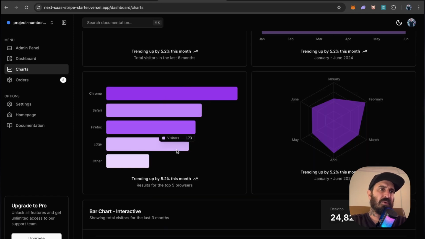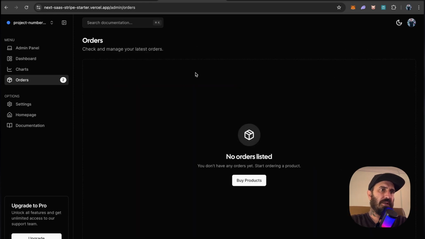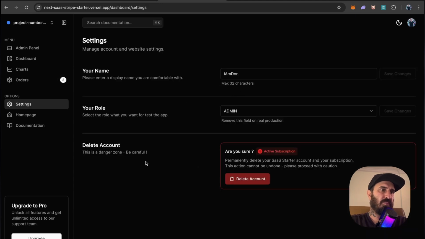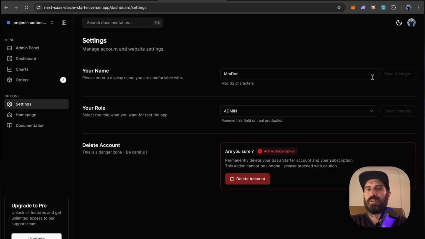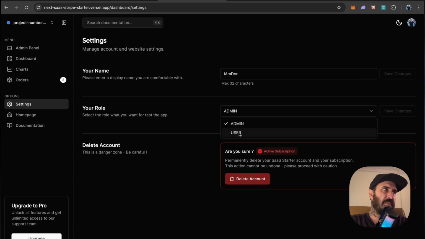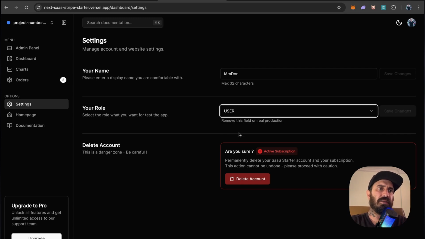So it's some components that you can use, and then orders, it's also empty. Settings, we've been here before, documentation, all that type of stuff. It's definitely one of my favorites, which I actually started using already. Probably gonna make a couple videos while I build out MicroSauce, and you'll be seeing this boilerplate being used.